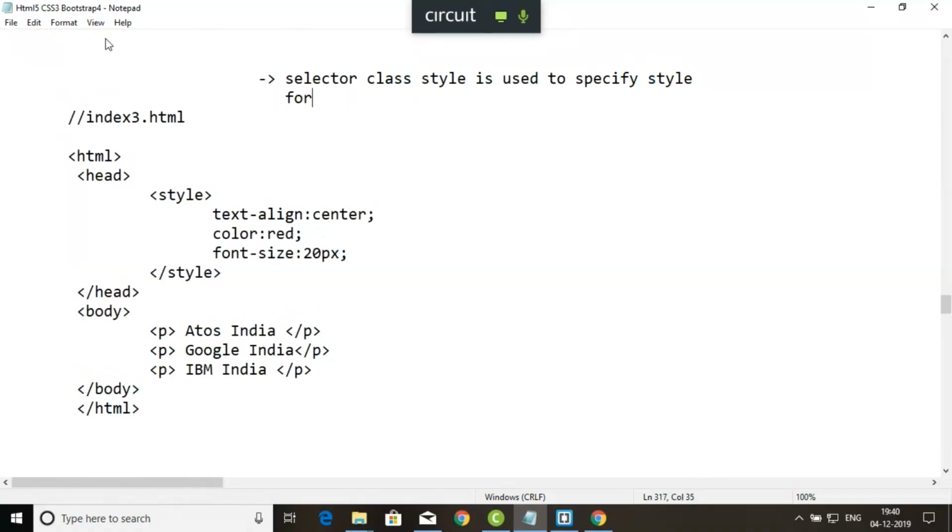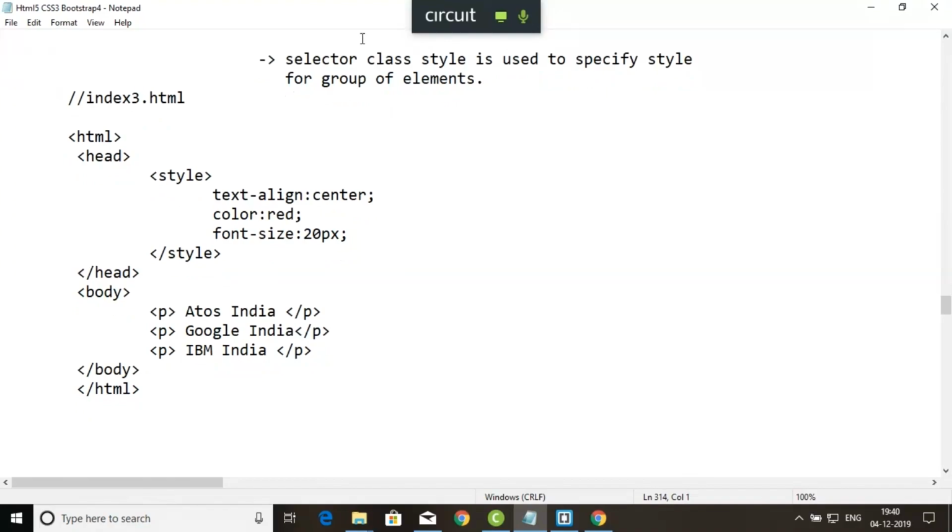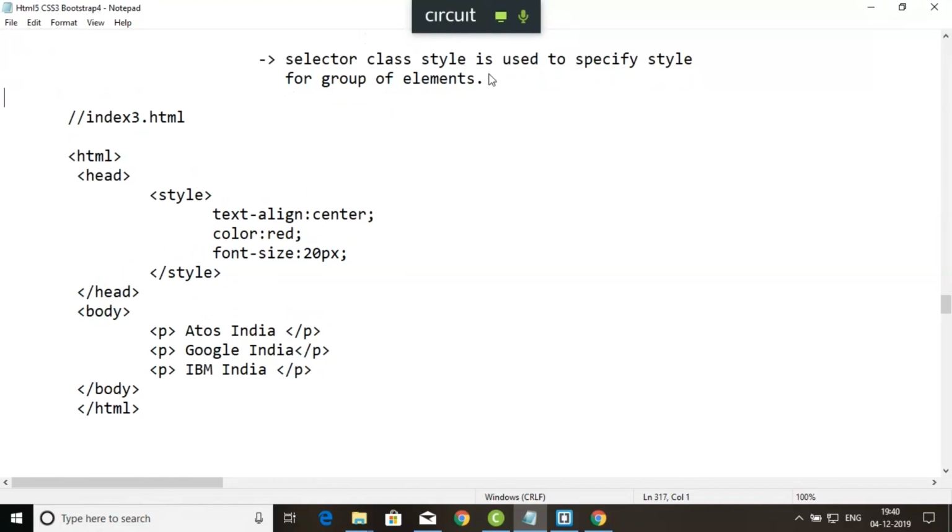So if it is the requirement, then what I can do here is